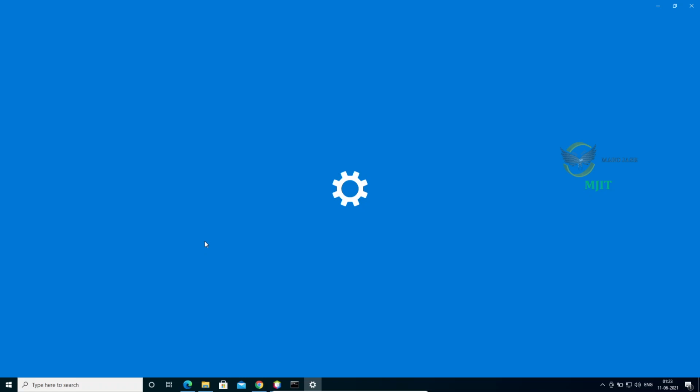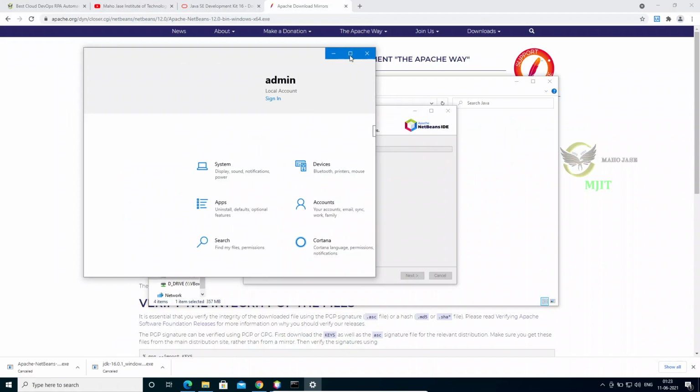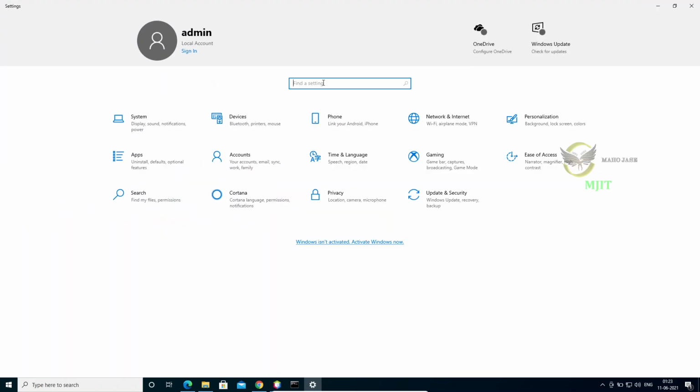It might have opened by this time. Okay, it got opened. Just type environment. If you type it, you will see edit the system environment variables. So we're going to select edit the system environment variables. Just type env or environment.